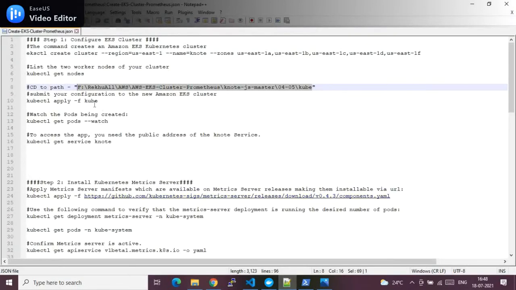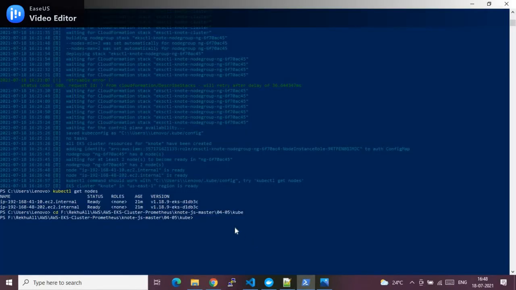Now I want to host that application to the EKS cluster which I created above. To do that, I have to run this command. Let me do that. It should be failing now. Why?